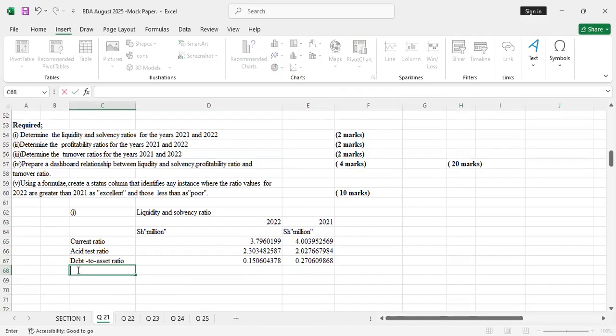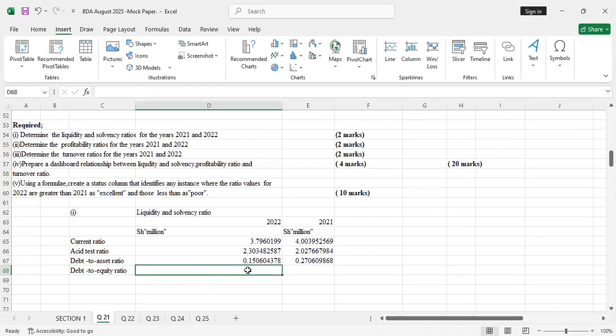Then the other one is the debt to equity ratio. Debt to equity ratio. So the same thing. The formula is total liabilities divided by total shareholders equity. Total shareholders equity. So the total liability now will be equals to